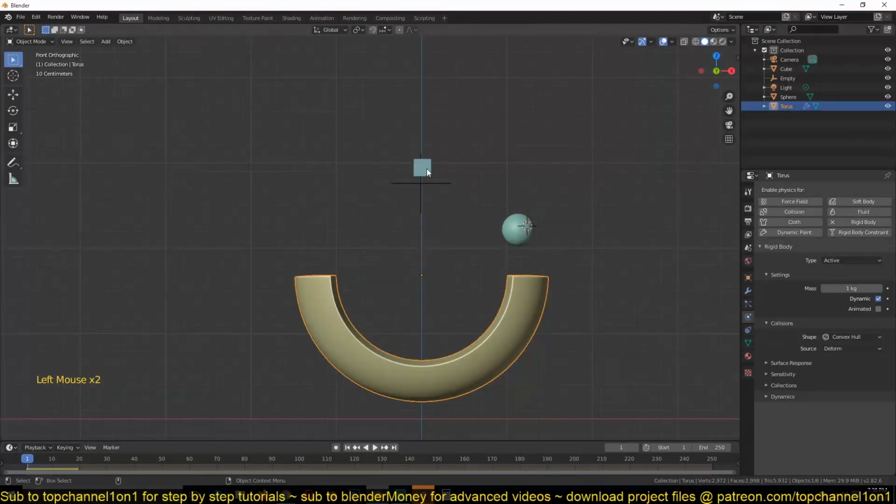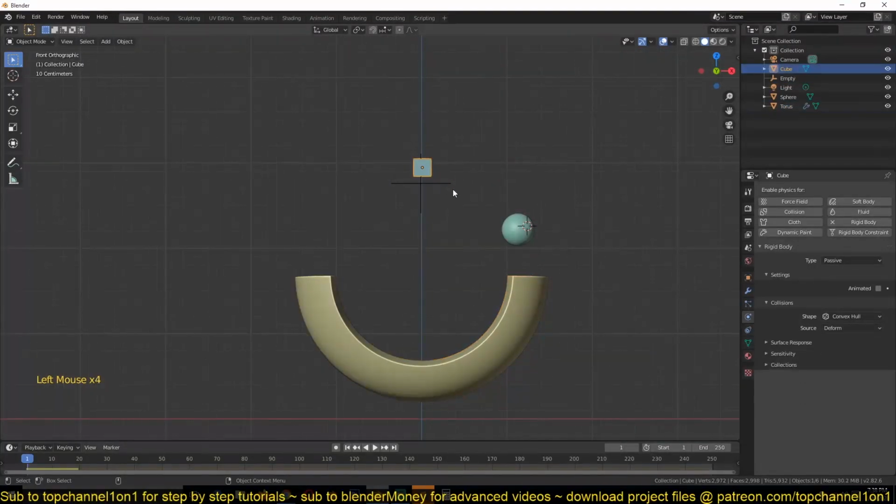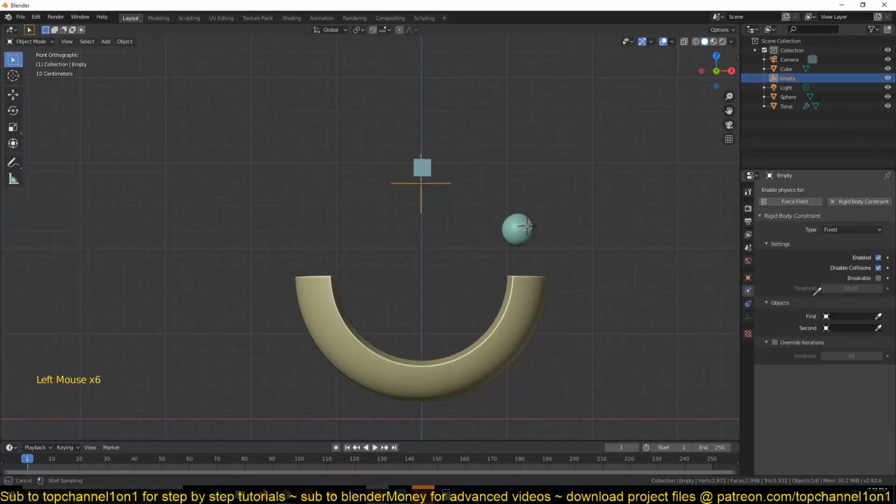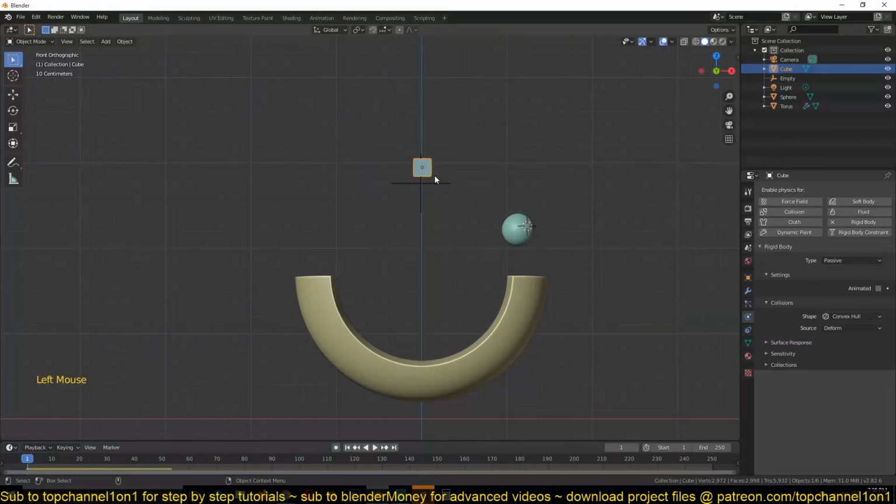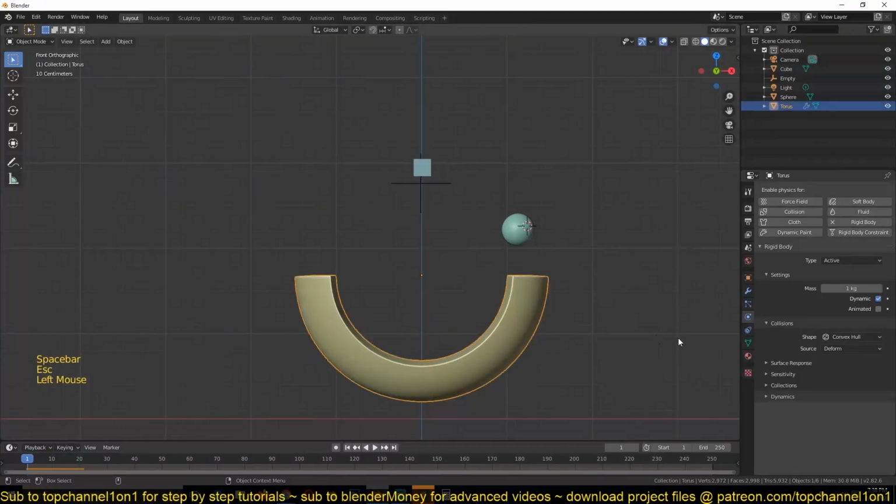That way I can tie this or fix this object to this object. So we can select this as object 1 and then this as object 2. Now if we play back, you can see that this is no longer falling down, but if we remove it from this constraint, it means that it's no longer fixed to this empty, so it will just fall down. I want it to be fixed,